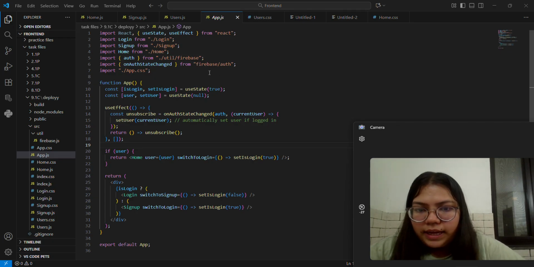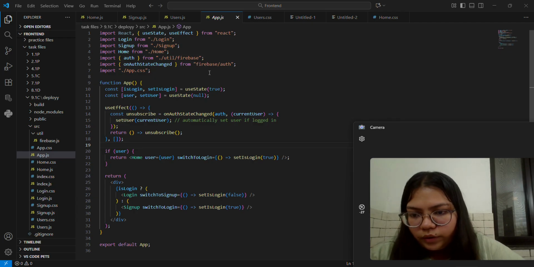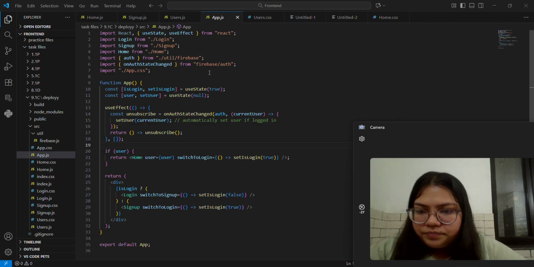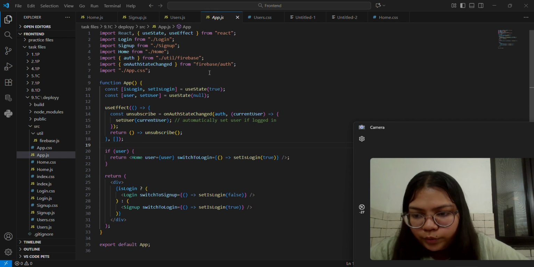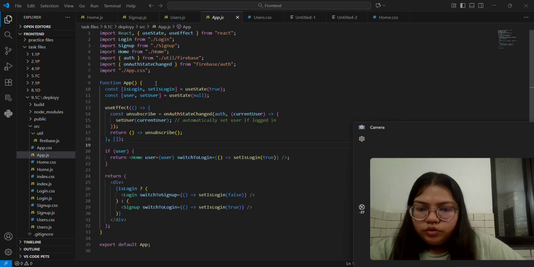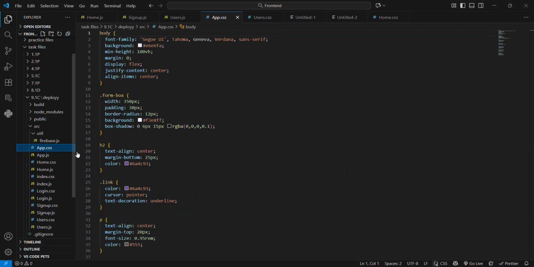So here is the app.js file. I used React's useState to track whether the user is logged in or not, and if the user is logged in, I render the home component. And if it's not logged in, then I render the login or sign up page based on the isLogin state. After that, here is the CSS file for app.css. After that, my next file name is